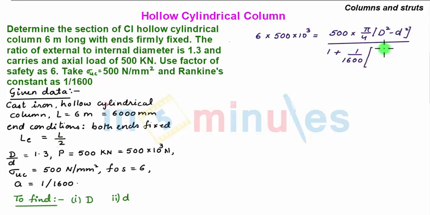So we have L is 6000 mm upon 2, whereas K is given as square root of capital D square plus small d square upon 4, and this whole will be